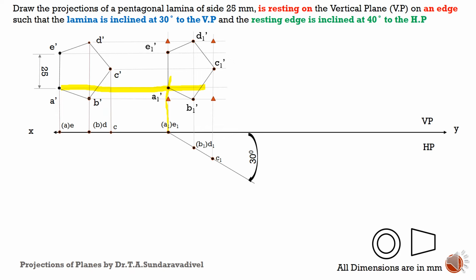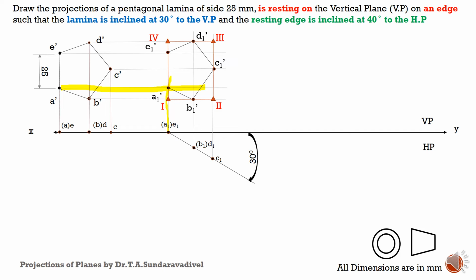Then just mark the outer points of the imaginary box, because it will be useful for the surface inclination. Already that box will be formed due to the projection of all these points. So just give some unique numbers like Roman numbers 1, 2, 3, 4. For instance, I use red color; you should not use red color. Then this red colored box is the box of our interest now.